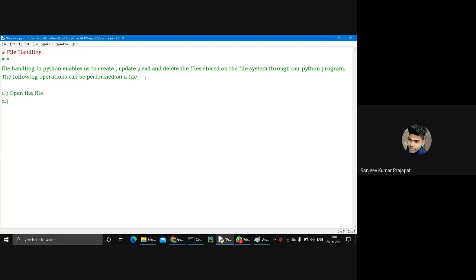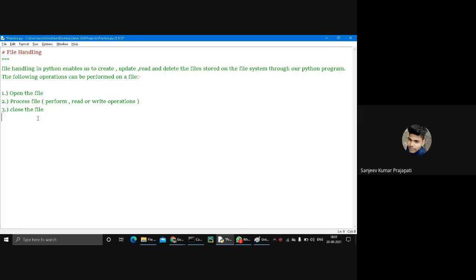Number two, process the file, which means perform read or write operations. And last is close the file. So these are the operations we are working on.